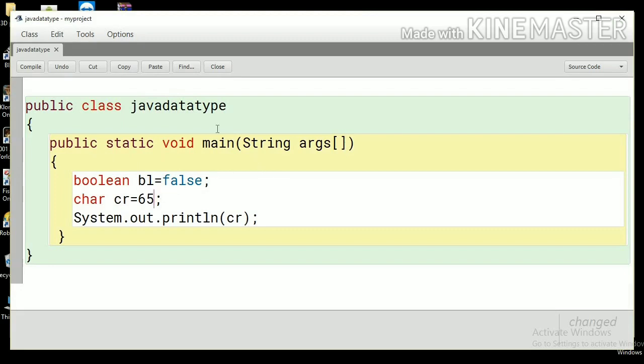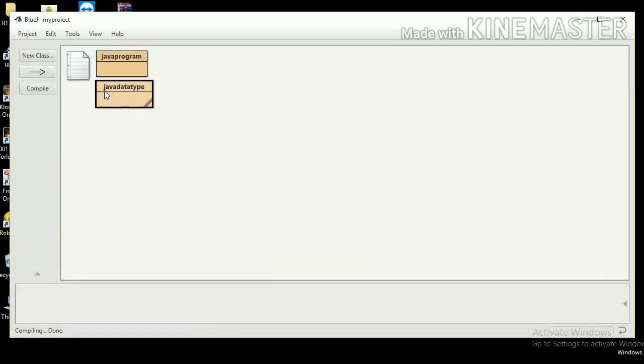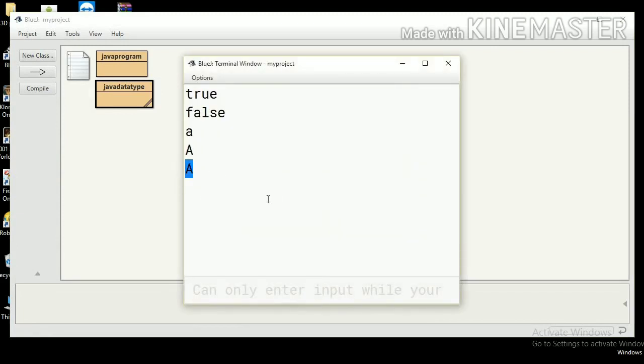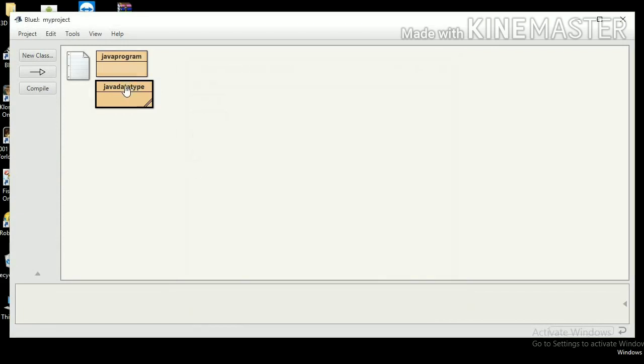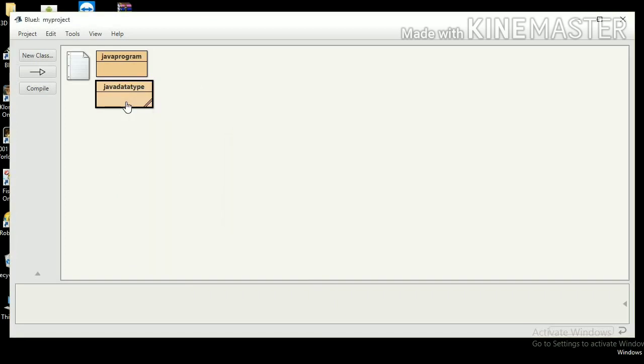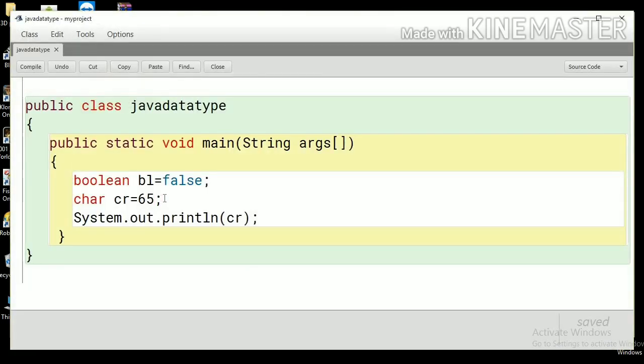So I'm just writing the ASCII code, and let's compile, and you can see the ASCII code 65 is equivalent to capital A. So in this way you can declare and you can use the char variable. So this is the char variable.